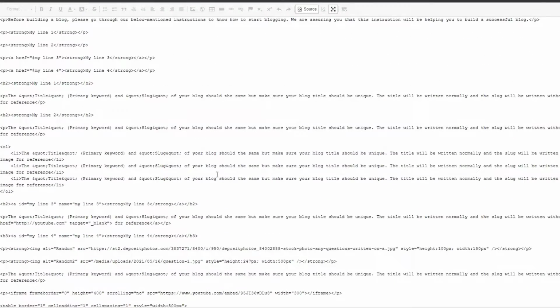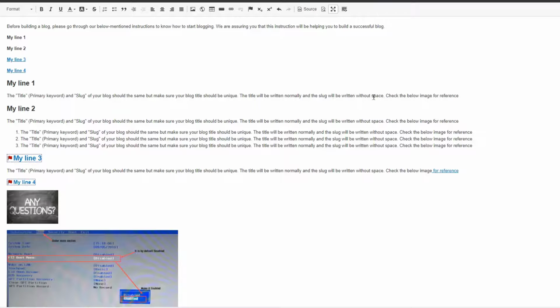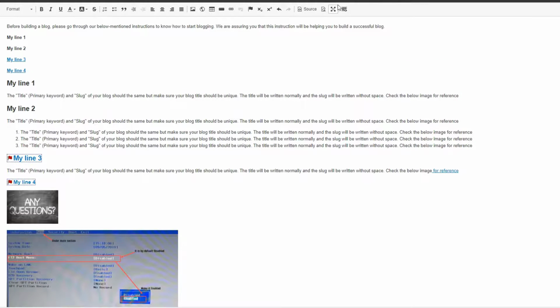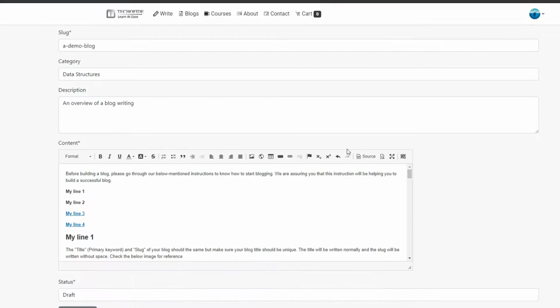So as I said, if you know how to use HTML, you will very well know what this code is and how to apply a button here. For beginners, you can leave that because it is not that important. You can use links for referring. So these are the main basic tools which you can use for blogging. So let's save our blog again and see the further changes which we have applied.